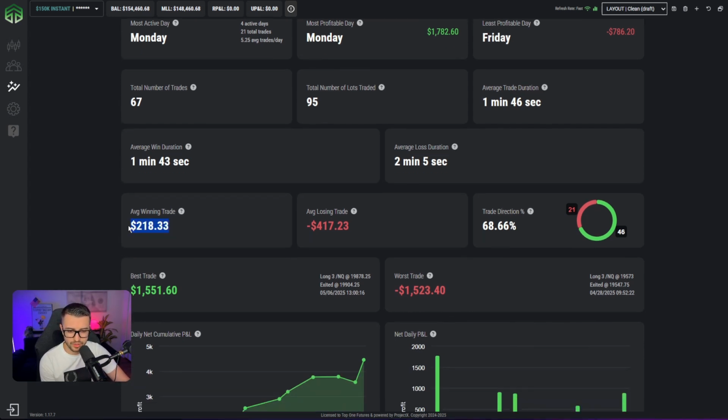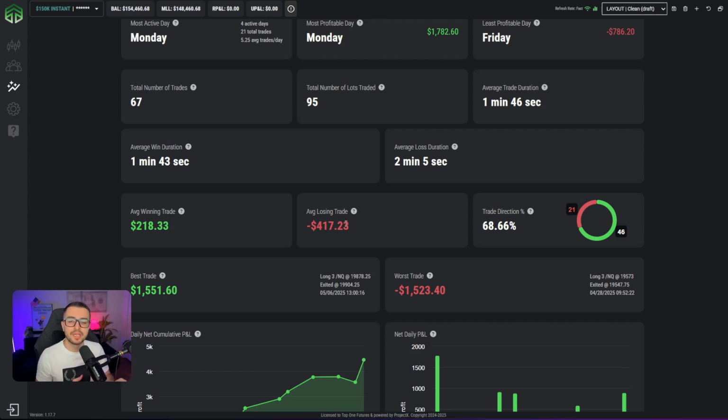We have our average winning trade here and our average losing trade. Now, keep this in mind, okay? Because it looks pretty bad here, right? If you are someone who scales in or scales out of a position, okay? So scaling in is you're adding onto a position. You have 2 contracts and you add on to it, so you have 3 and so on. Scaling out, you are trimming. So you start with 5 contracts, you sell 1 and then you sell another one, and you sell two more,